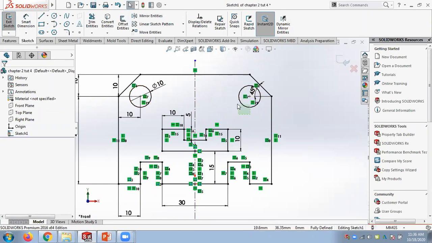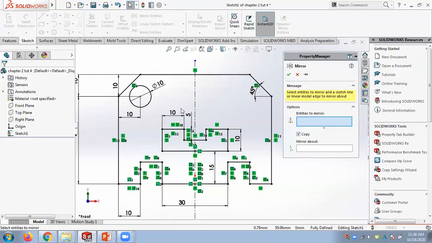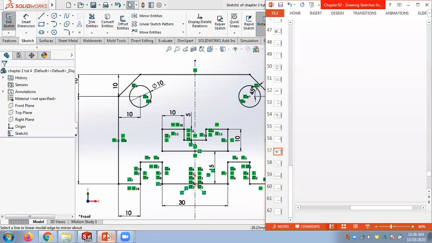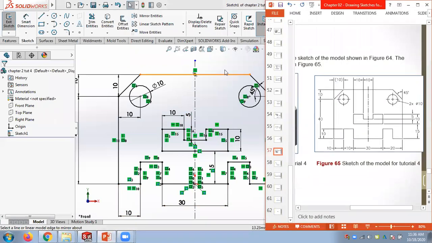That's also possible. Or else, forget about drawing circles, directly go to mirror, entities to mirror this. Mirror line is this. Get a copy. That's all. So my sketch is fully defined still. So you try to get something like this. Then we can make it a 3D model.